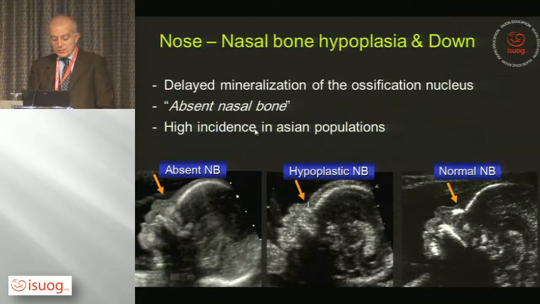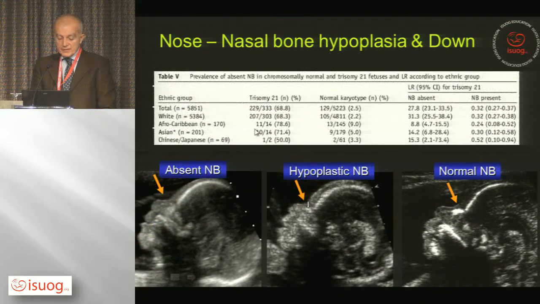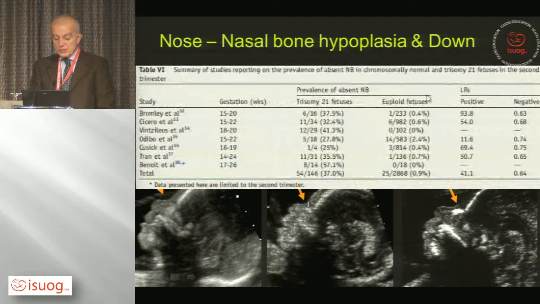I wouldn't say the most important, but the most relevant evidence in our everyday practice is the assessment of the nasal bone, also in the 2nd trimester. You know that Afro-Caribbean and Asian populations have a higher incidence of absence of the nasal bone associated with a normal karyotype. But you also know that if it's absent in Caucasians, especially the Caucasian race, ethnicity, the likelihood ratio